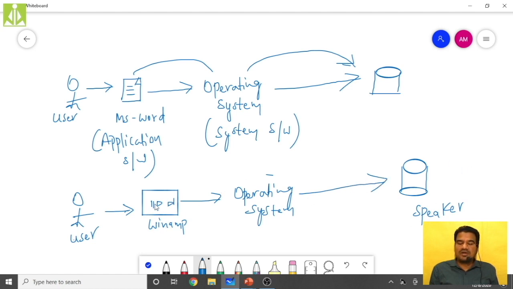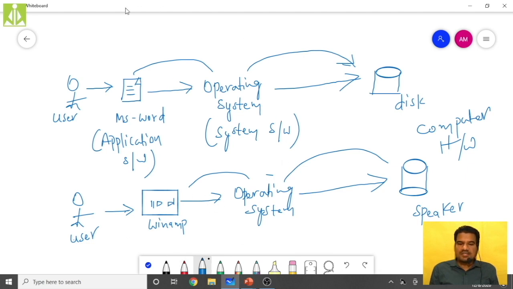If you want to control that audio track, again you have to use Winamp only. Suppose you want to pause, click on this button. If you want to play it again, click on this button. If you want to fast forward, click on this button. Likewise, we use this application interface to interact with the computer hardware. The application interface is not interacting with the computer hardware directly; rather it depends on the operating system, which in turn interacts with the computer hardware. So this speaker, this disk, what are these things? These are your computer hardwares, and these are your computer softwares.